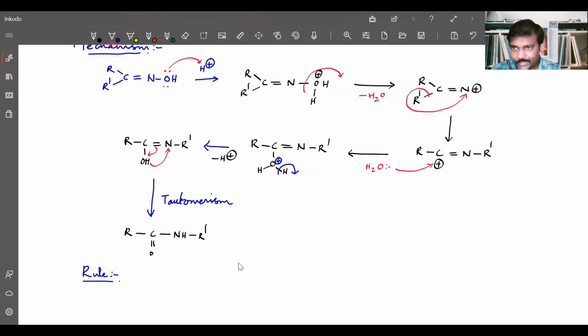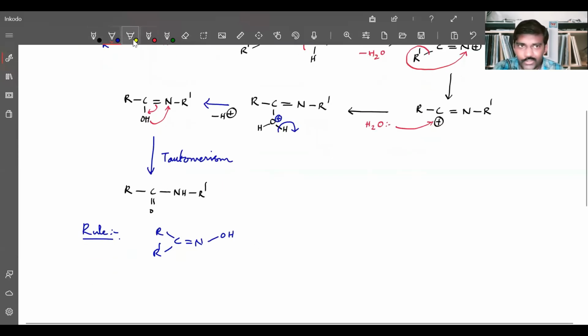In hydroxylamine, if you write hydroxylamine, you can write geometrical isomerism with it. I hope you know that. So the alkyl group which is in anti position to OH will migrate. So that means now OH is this side and anti position means this is the alkyl group. So when this is going for the rearrangement, then we get R C double bond N and that R dash. So that R dash will be moving.